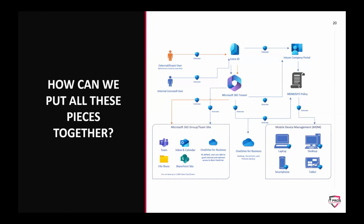When I first saw this, I said, wow, this is really, really good, because it gives you the ability to see how, when you take the pieces that are all part of this puzzle and put them together, this is what you come up with: a modern work environment. And this could be for any business. It may look a little complicated if you're not used to seeing these types of drawings, but